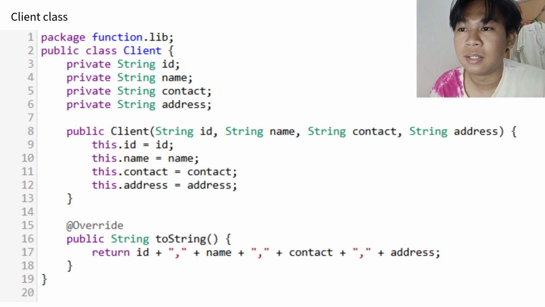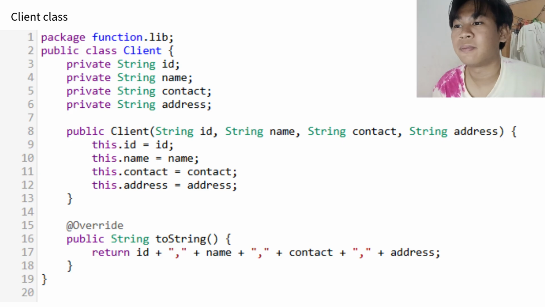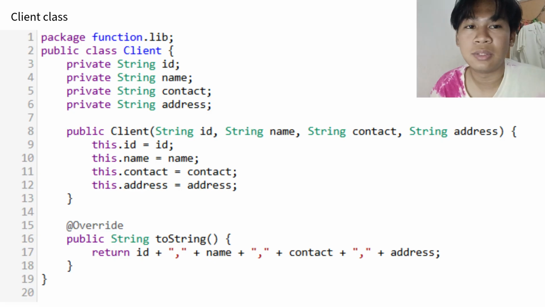Think of it like filling out a registration form for a new client. We also wrote the toString method to convert the client object into a single comma separated line of text for saving to a file. Since Java cannot write an object directly into a file, each client's details get saved as one clean line that the system can later read back and reconstruct. One thing worth noting is that the client class has no getters, unlike the dentist class. This means other parts of the code cannot read a client's individual fields directly, which is something that could be improved in future versions of our system.